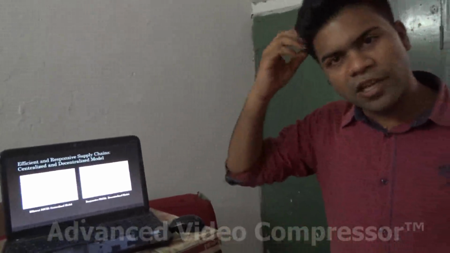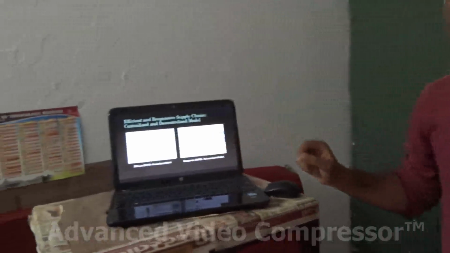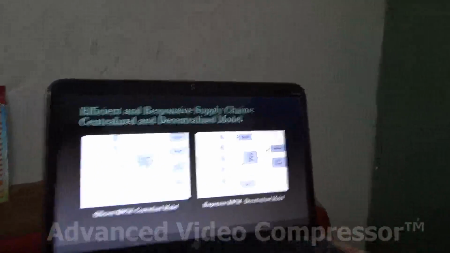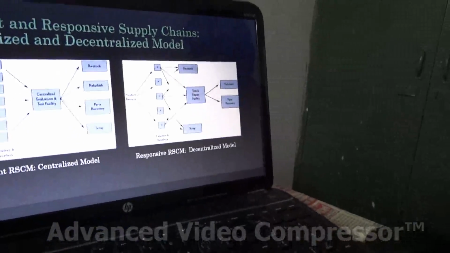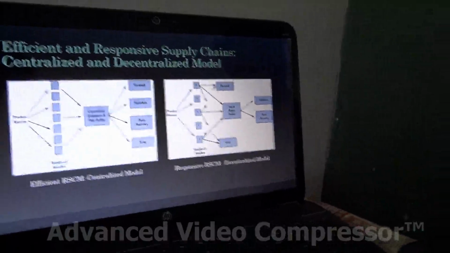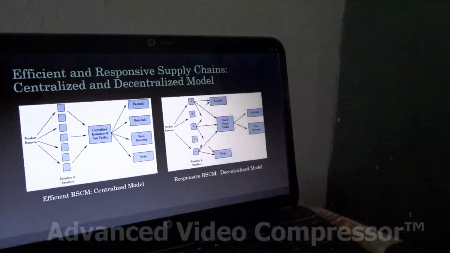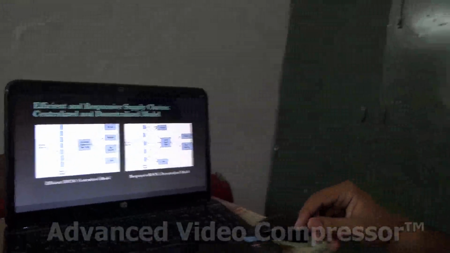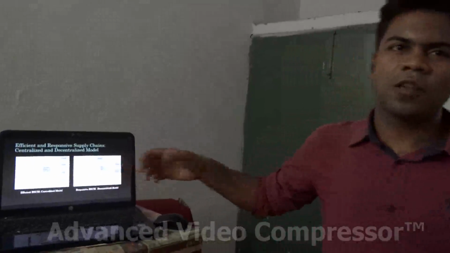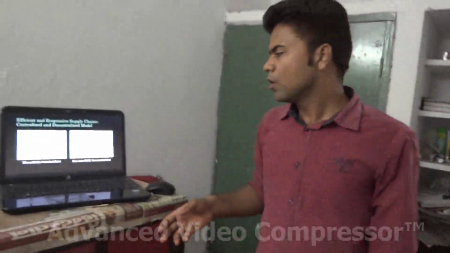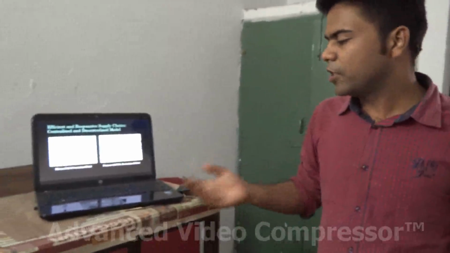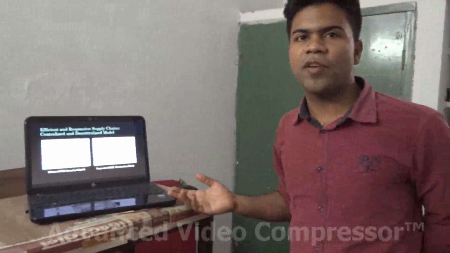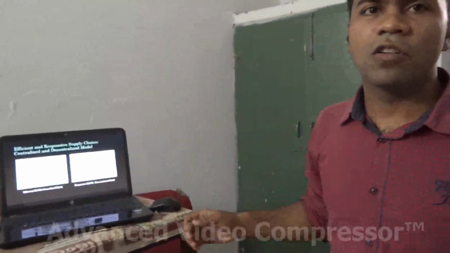So one limitation of this decentralized model is that the retailer, that is the end point in the forward supply chain, should be an expert in identifying whether the product is of use or not now, and he should also identify whether it has to be remanufactured, refurbished, recovered, or some spare components can be